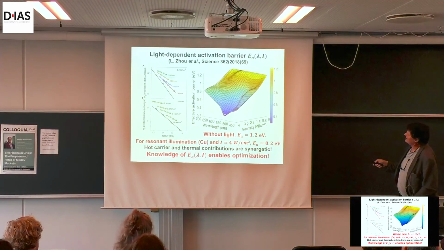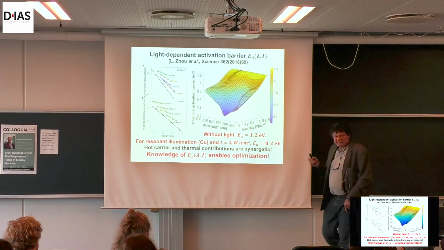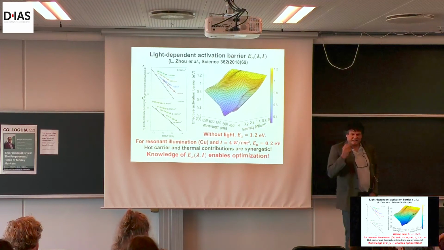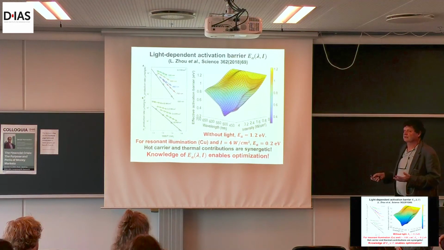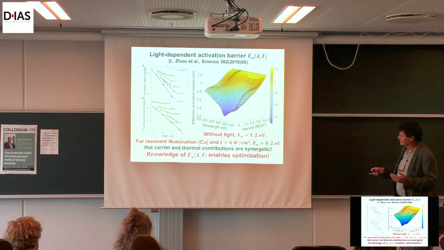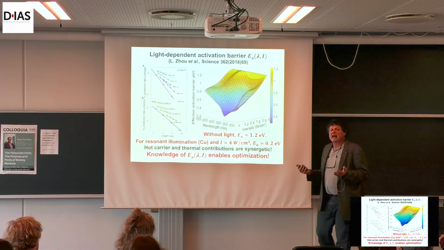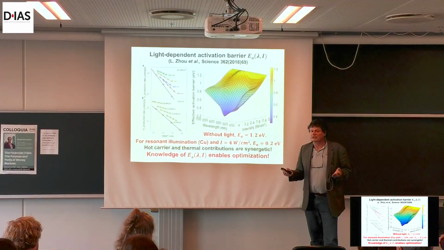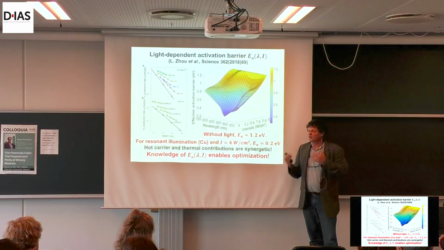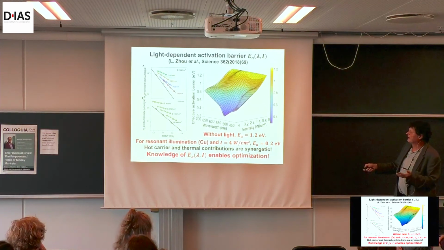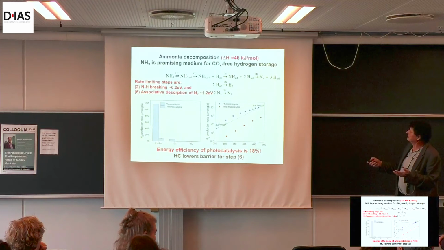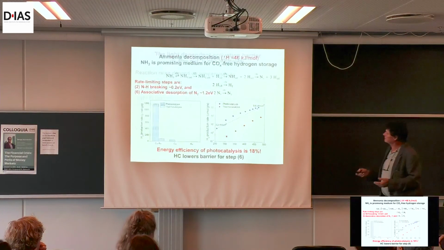Now, if you go to higher intensity, and particularly go to 500 nanometers, you see here that the activation energy is 0.2. That's a factor of 5 change in the activation energy, in an exponent. That means it's to the power of 5. This is a huge effect, okay? And knowing this light-dependent activation energy will allow us to optimize this chemical reaction, because for efficient catalysis we need low activation energy, but we also need temperature. But now we have isolated them. We know exactly how the activation energy in the Arrhenius equation depends on light.